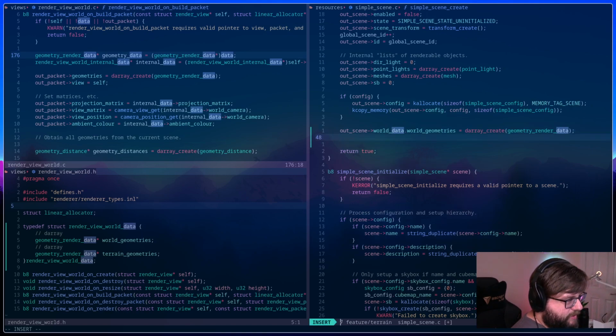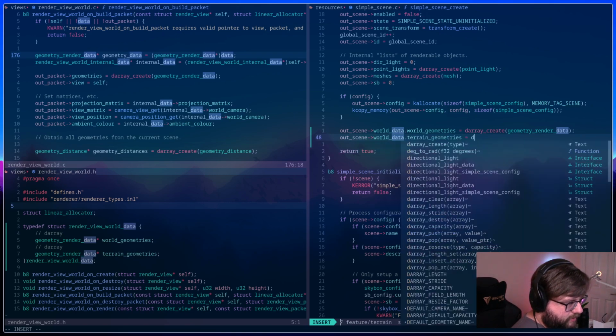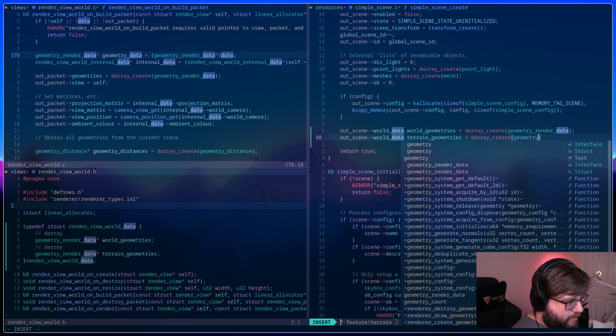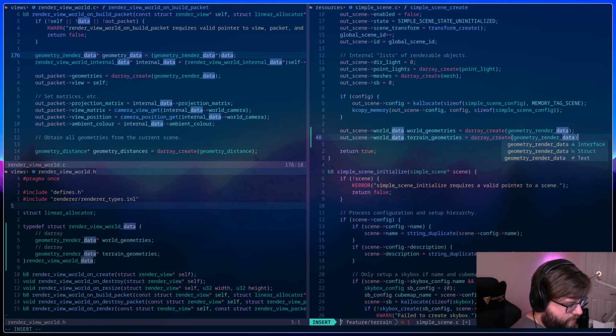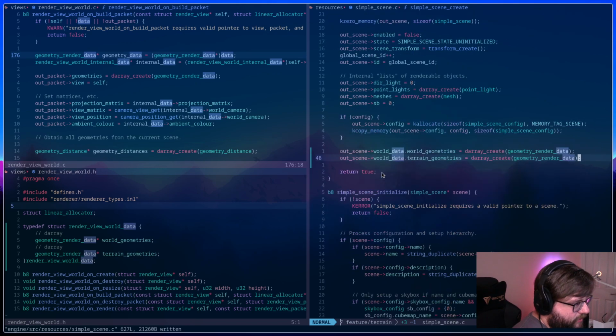And then we basically just need to do the same thing for outscene world data terrain geometries equals darray create geometry render data. Okay. So that way we have those. And then if we don't wind up using them, we just have empty arrays. So that's the create. That also means that we need to go to the destroy,